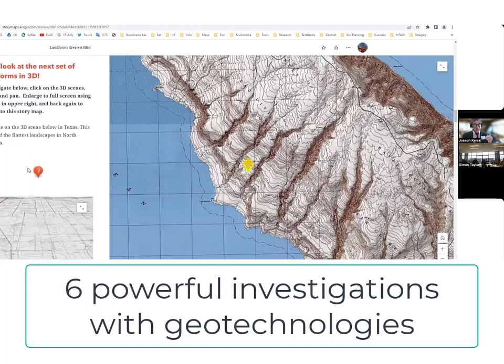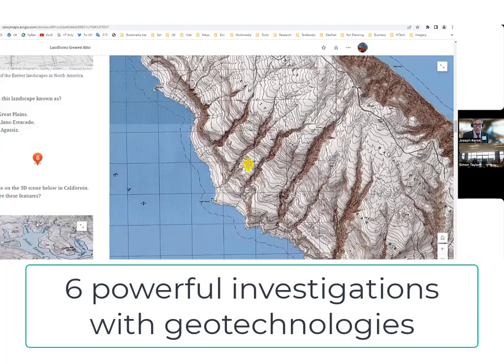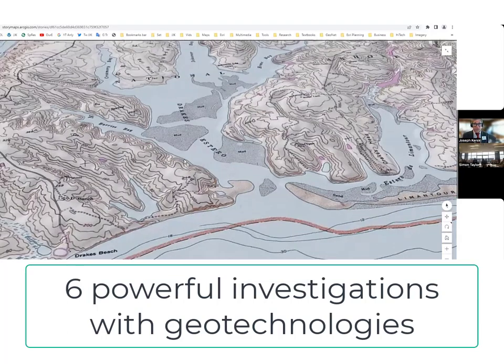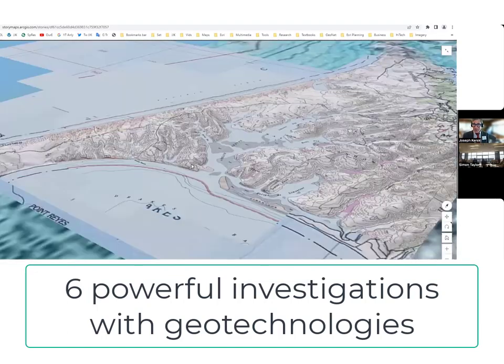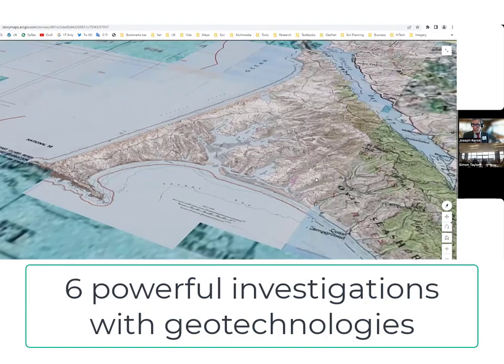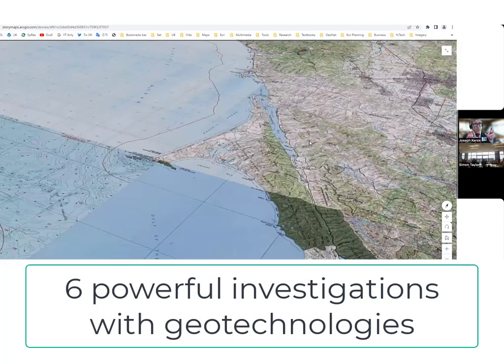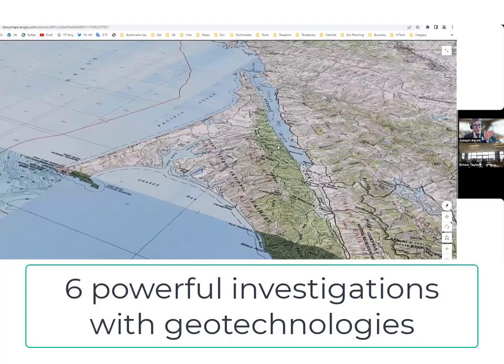And here, as you can see, if I scroll down to a different point, now I've got 3D scenes. So in this particular case, this is one of my favorite lessons because it's one of my favorite landscapes. Point Reyes in California, just on the other side of the Pacific from you all, right? This is where the San Andreas rolls out into the Pacific Ocean. So when the students ask, hey, is California going to split off, or a certain part of New Zealand going to split off into the Pacific? This is the map tool that I use. Okay, well, it's not going to split off per se, but the area around the fault, in this case, around the plate boundary, is sinking.